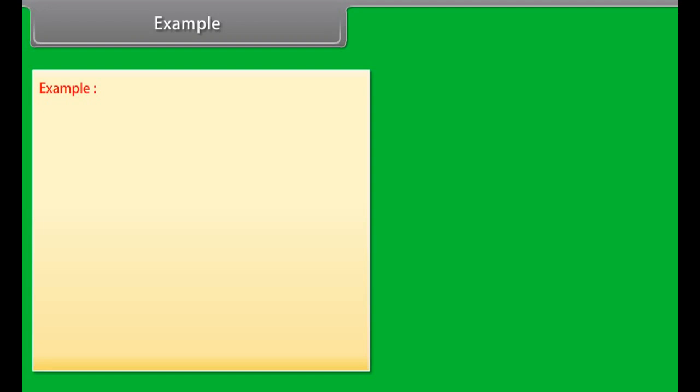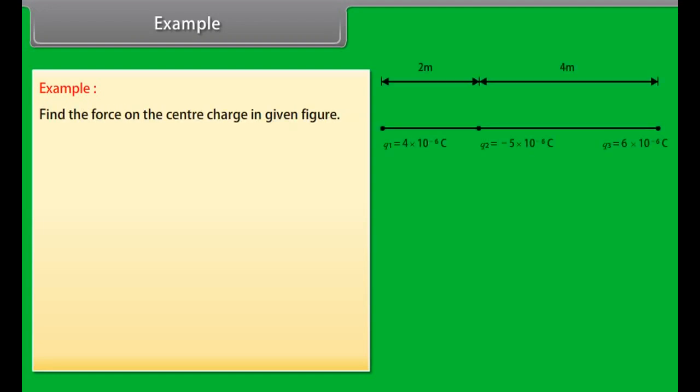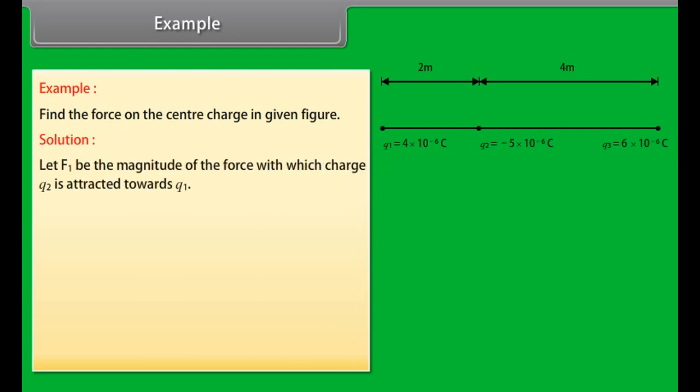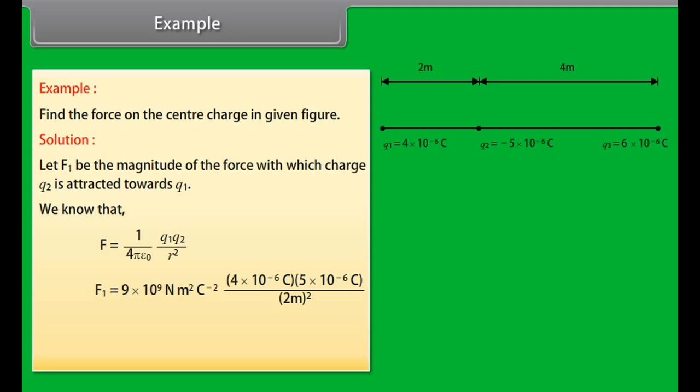Example. Let's take an example on Coulomb's law. Find the force on the center charge in the given figure. Let's see the solution. Let F1 be the magnitude of the force with which charge Q2 is attracted towards Q1. We know that F = 1/(4 pi epsilon naught) multiplied by Q1 Q2 / r square. Put the values in this equation, we get F1 = 45 x 10^-3 Newton, which is equal to